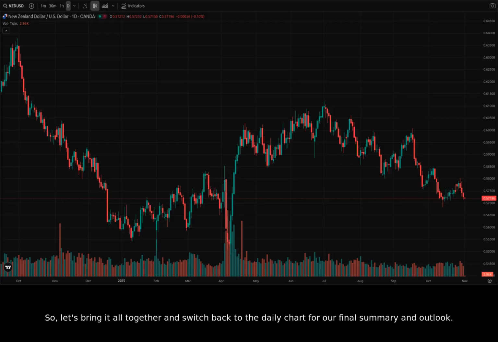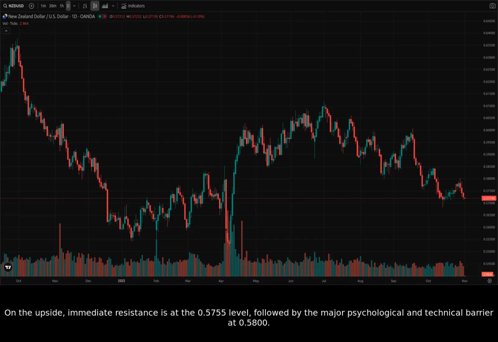So, let's bring it all together and switch back to the daily chart for our final summary and outlook. The fundamental and technical pictures are strongly aligned, painting a bearish outlook for the NZDUSD. Let's recap the critical price levels you need to be watching. On the upside, immediate resistance is at the